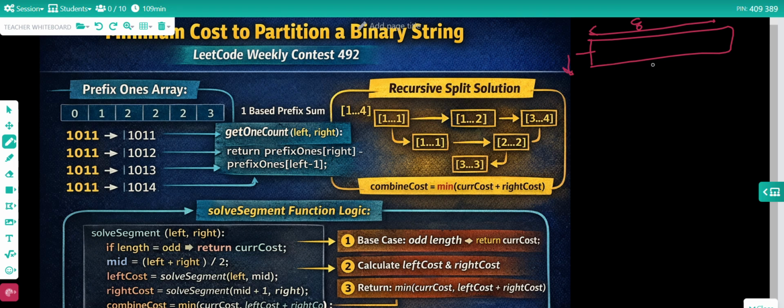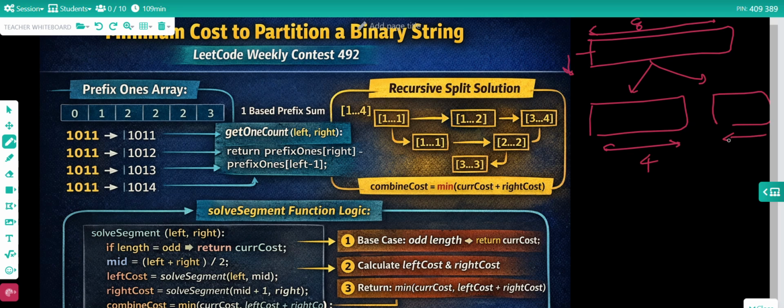If not, then we will divide into two segments. This is one segment of length 4, and this is also of length 4. Then recursively we will check whether the whole segment gives the minimum, or dividing into two parts gives the minimum.